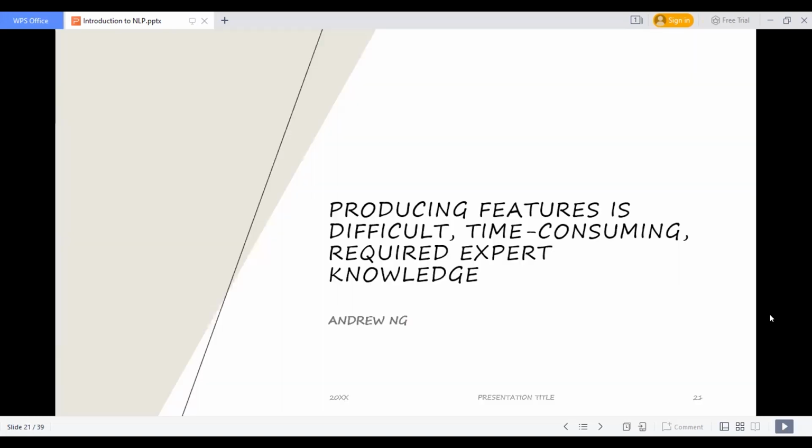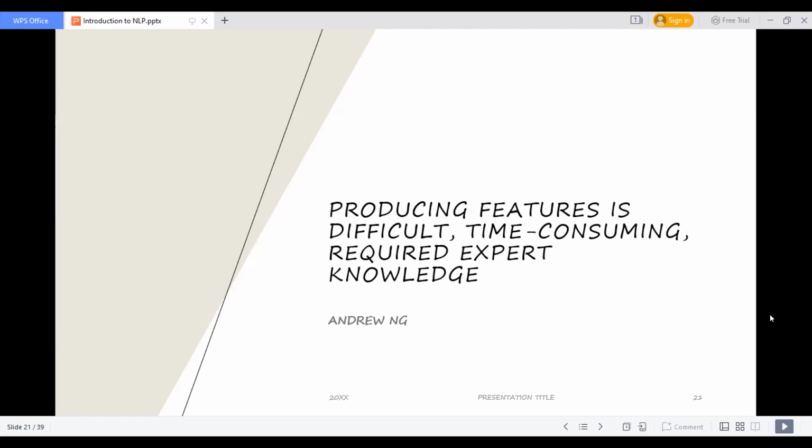Now, Andrew Ng, everyone from the field of data science knows him very well, and he has a high impact. His knowledge has a very good impression on our brain. What he said about this: producing features is difficult and time consuming, and it requires expert knowledge.